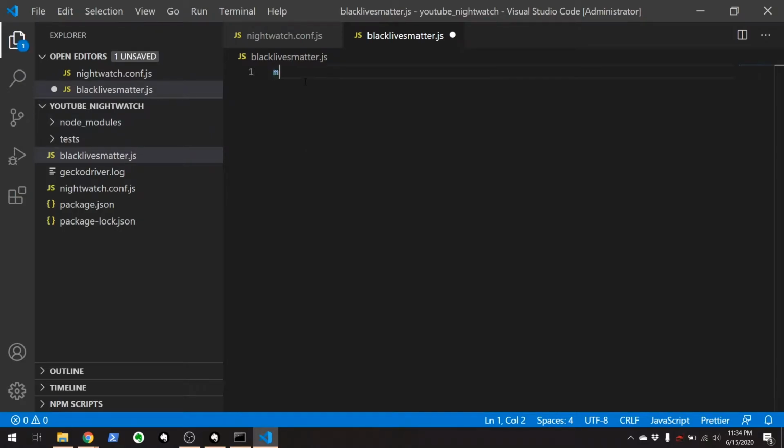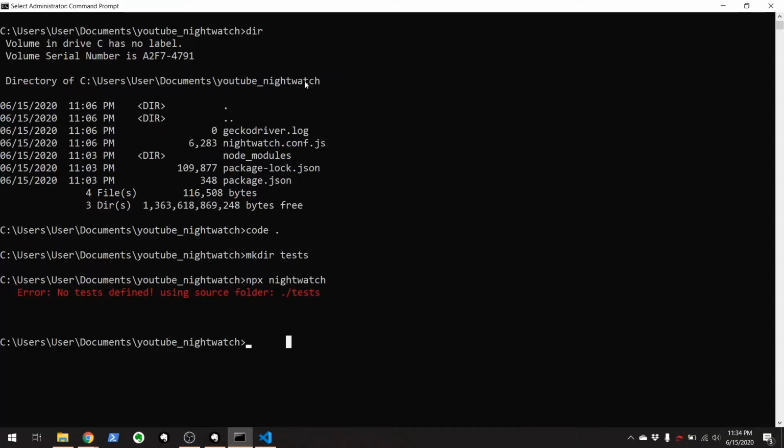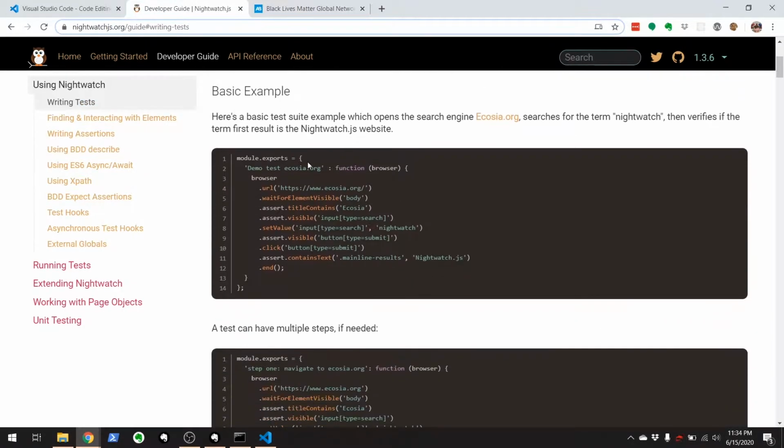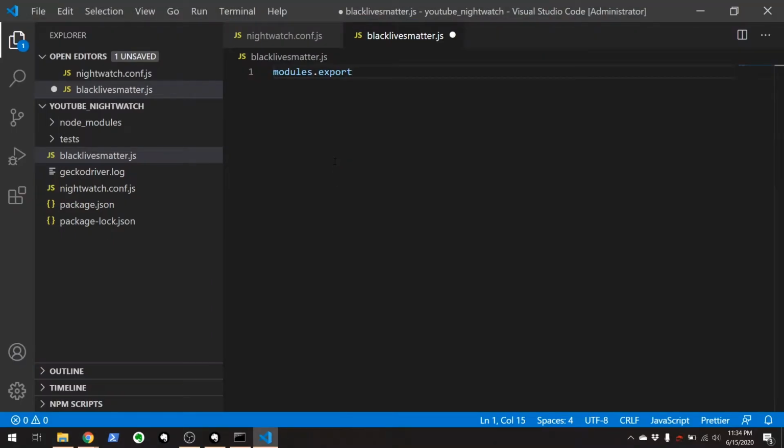To create a new test, we're going to use modules.export. Is it export or exports? I always forget. That's why we have the developer guide right here, and it is exports. The first thing is going to be the title of our test. So this test, I'm going to call it "Donate to Black Lives Matter",